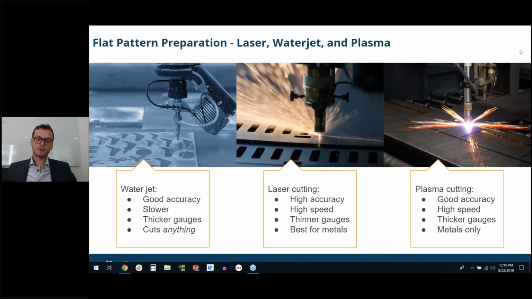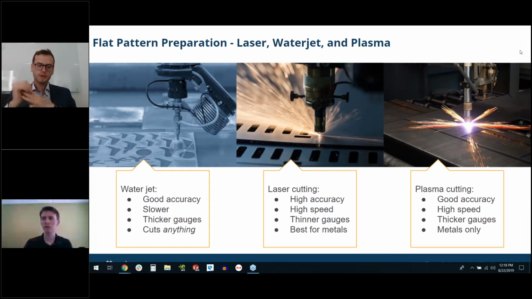That's why there's different machines, or shops like Kform, why we have really just one of each of these machines, because they all have their efficiencies and good and bad qualities, or I wouldn't say bad qualities, I'd say gives and takes, right? So water jet, pretty good accuracy, fairly slow, but it can cut anything. So people always ask when they see the water jet, how thick can it cut? I say anything that you can squeeze underneath that head, that's what it's going to cut. But reasonably, it can cut very thick gauges in comparison to the other